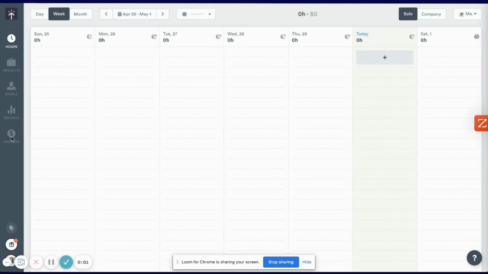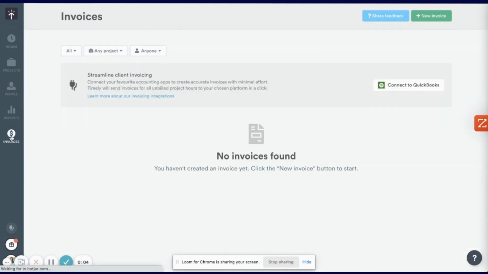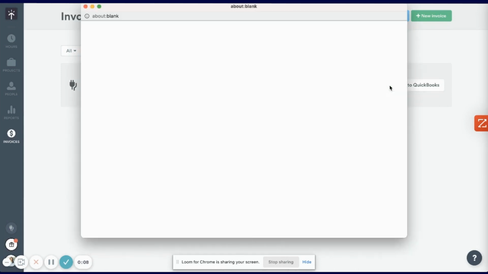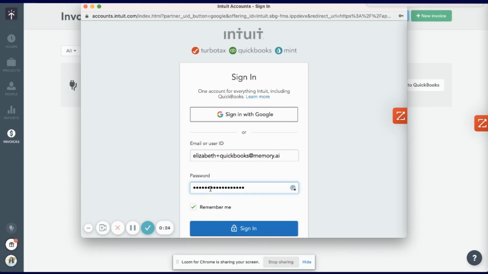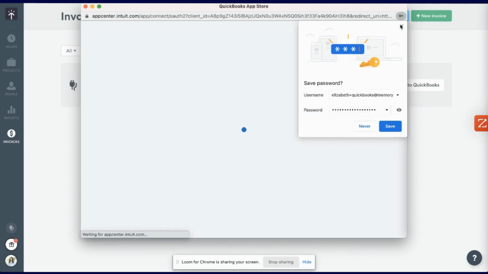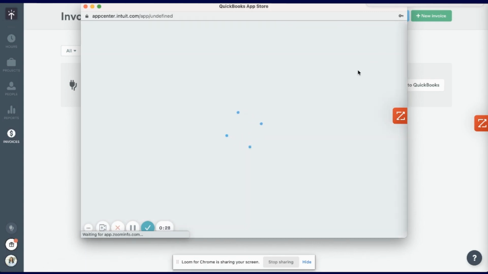When you're in Timely, head on over to the Invoices tab on the left, and right in the middle of the screen, you'll see a button that says Connect to QuickBooks. Click it, and there will be a little pop-up where you'll be able to enter your QuickBooks details, your user ID, as well as your password. Once you enter those details, click Login, and you'll be brought right back into Timely